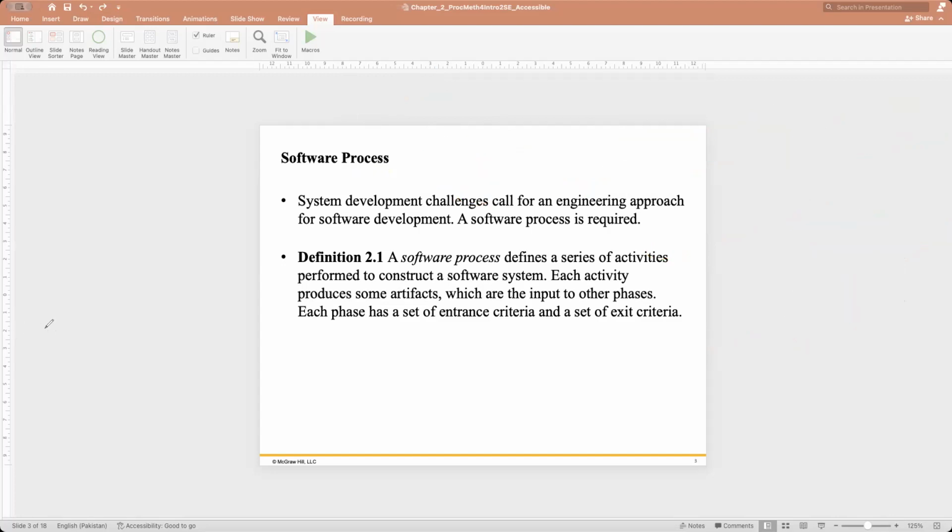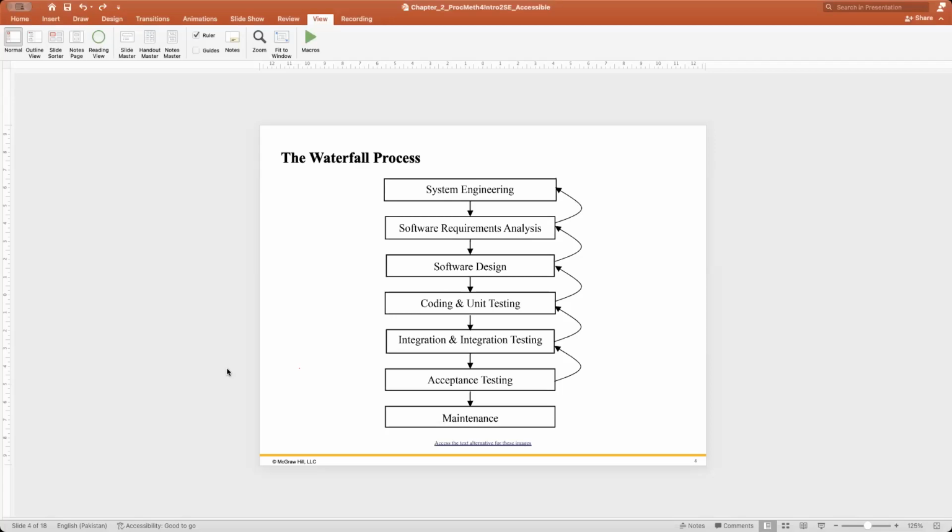So that's great. Overall, now we come to the software development process. If we have a software development process, what does it actually do? For instance, this is a kind of software process called the waterfall software process.